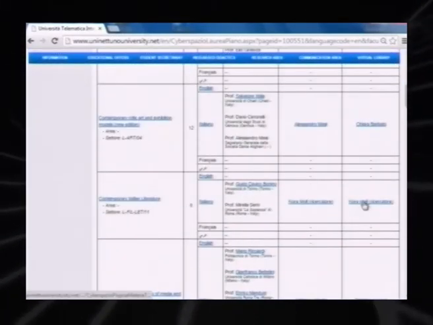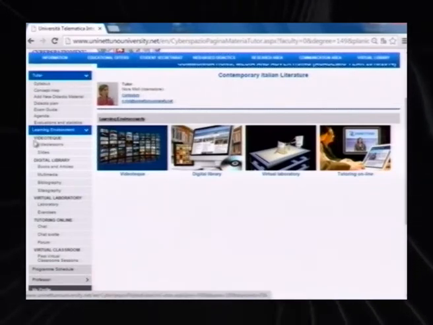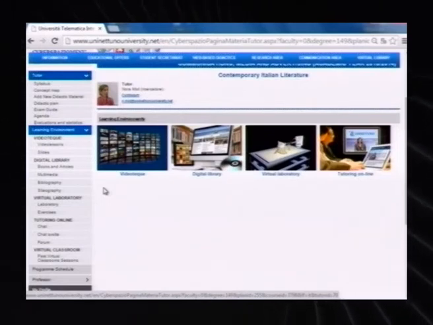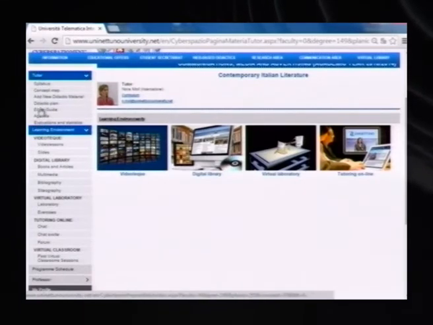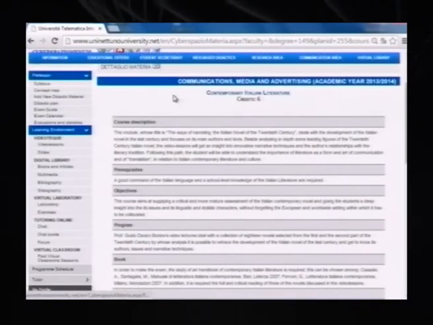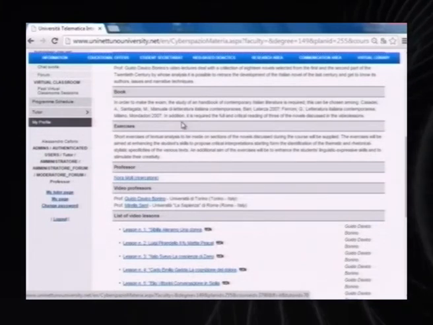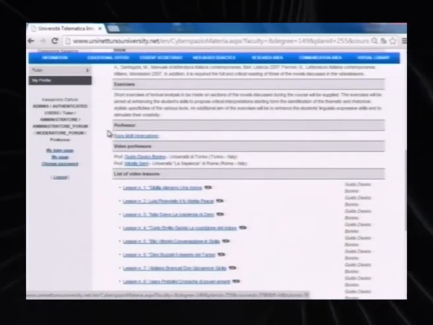I'm picking an example course about contemporary Italian literature, and as you can see, on the left there is a menu that allows students to access all the contents that describe the course and compose the course in terms of didactic material. First of all, the first items provided by this left menu give students orientation and support about the course: a classic course program made up of text fields like course description, prerequisites, objectives, etc. This list concludes with links to the curriculum vitae of the professors involved in course delivery and the list